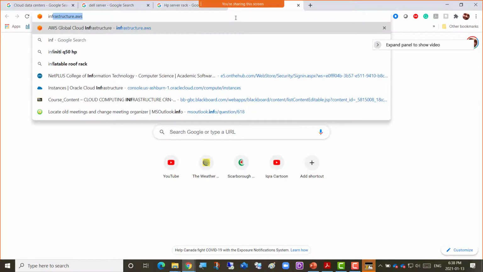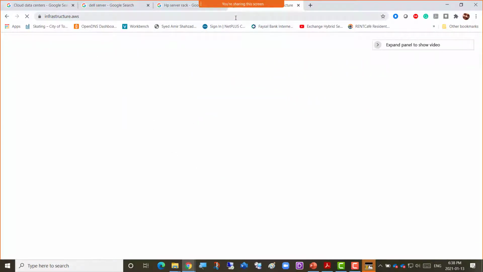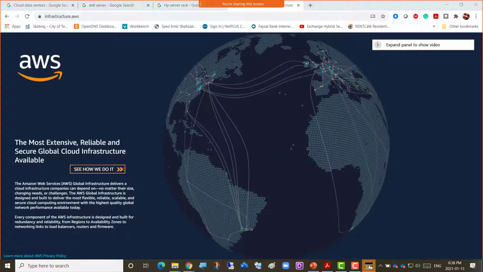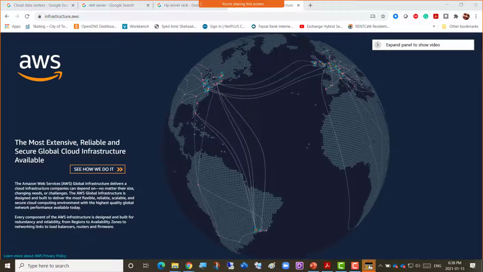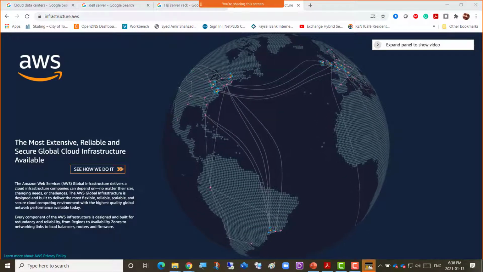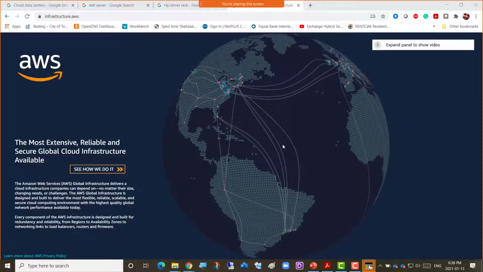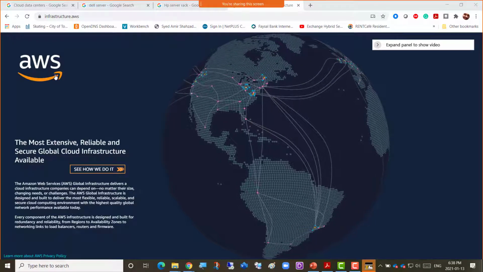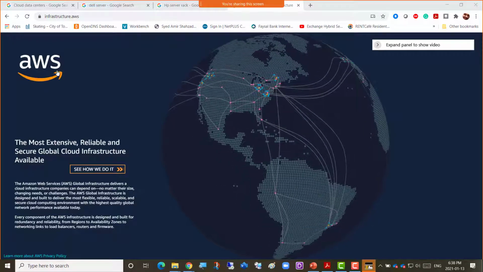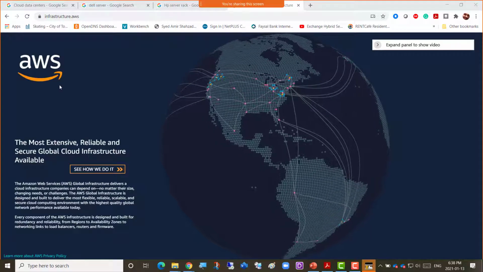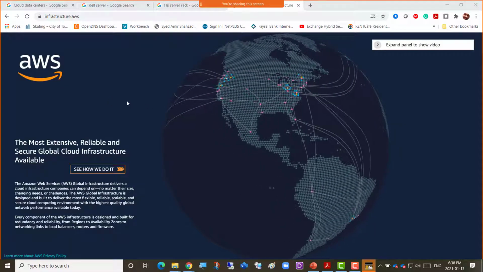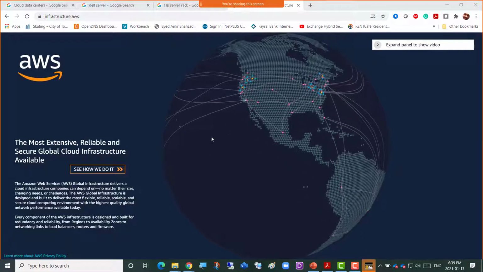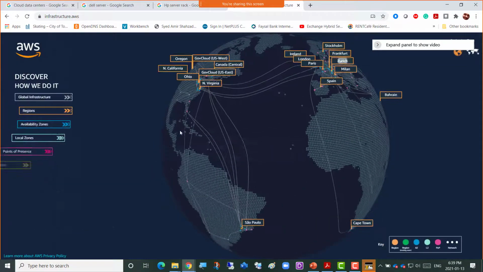Then there is another site here, infrastructure.aws. So if I go to infrastructure.aws, I'm going to copy and paste that link here in the WebEx chat. You can see that too, and you can open that too. So there's AWS, or Amazon Web Services. Now this company started this cloud services concept: how about we create our data centers across the globe, and then we let others simply choose our machine.